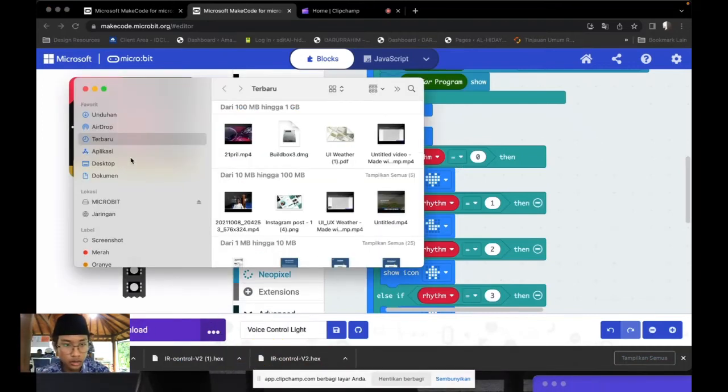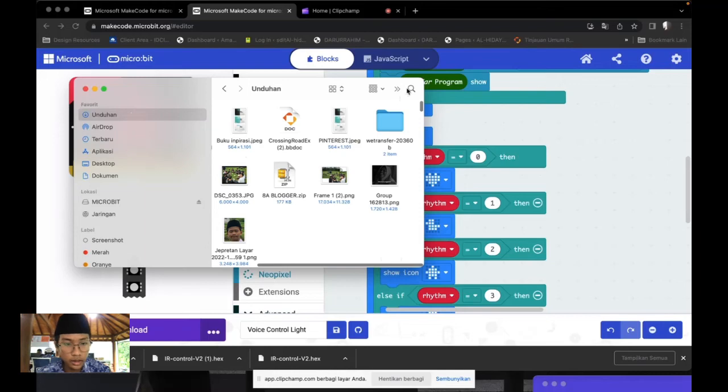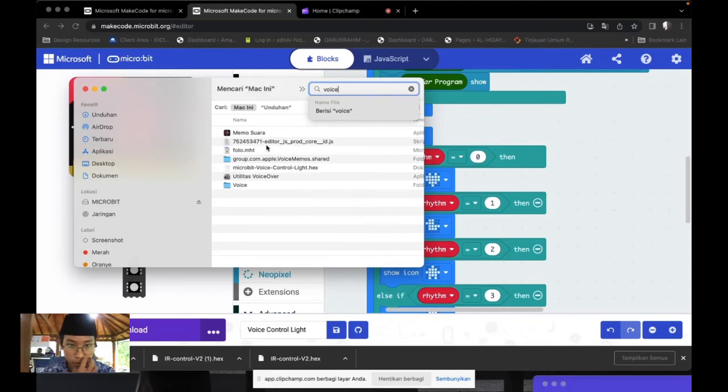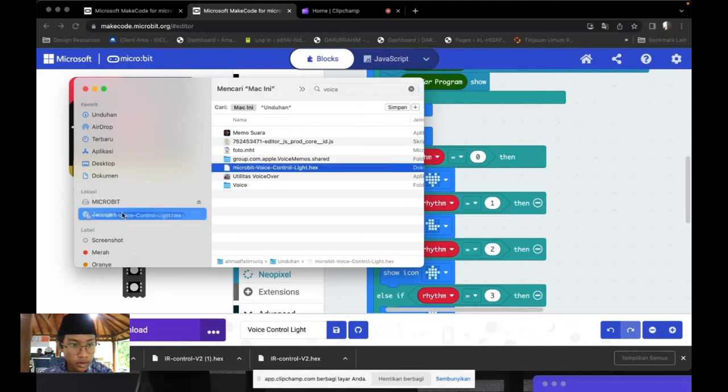You search in your document and search. You are ready to name the file and they can up to micro:bit. You still download. Okay, this to download, and after that